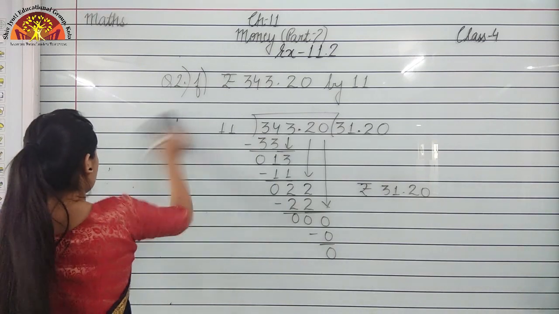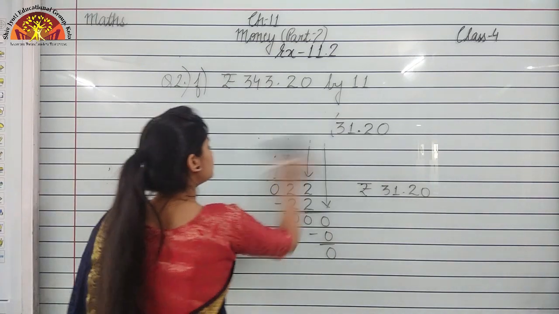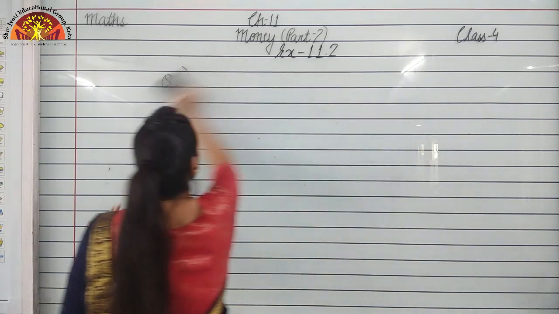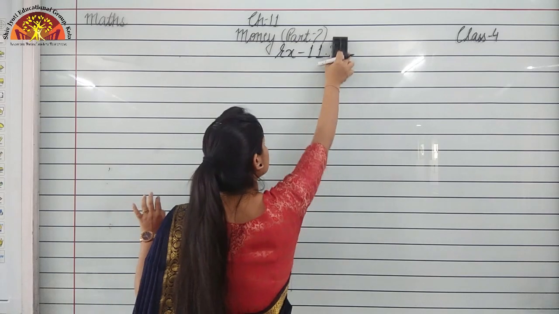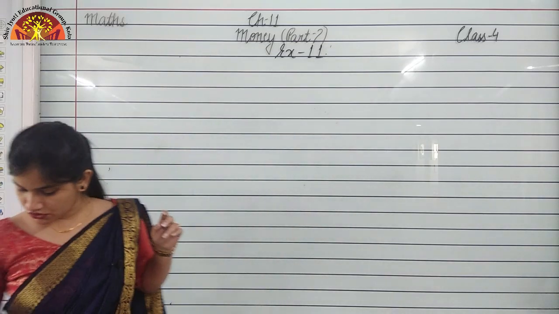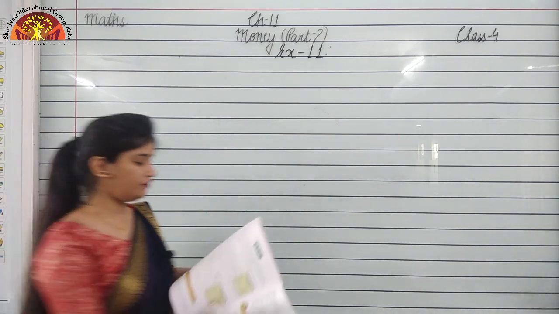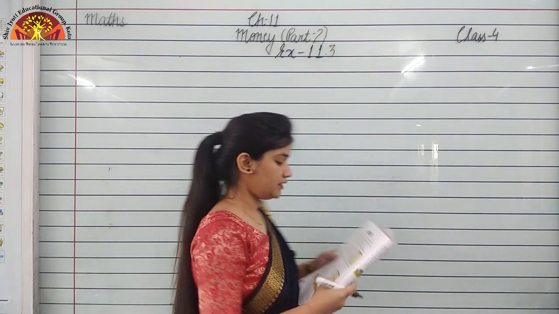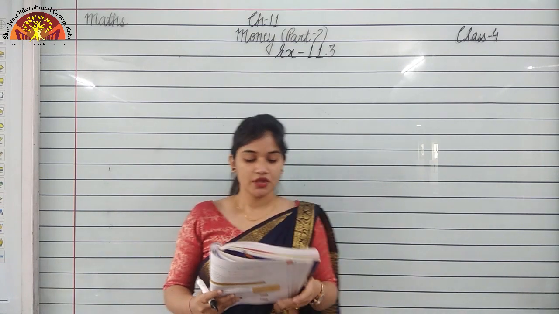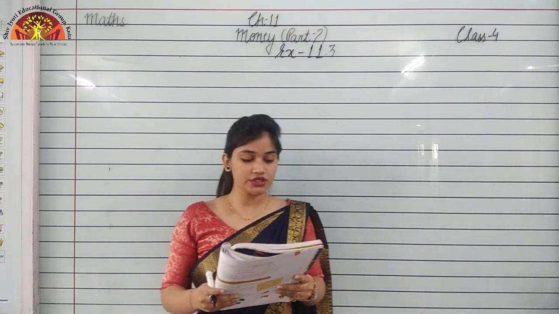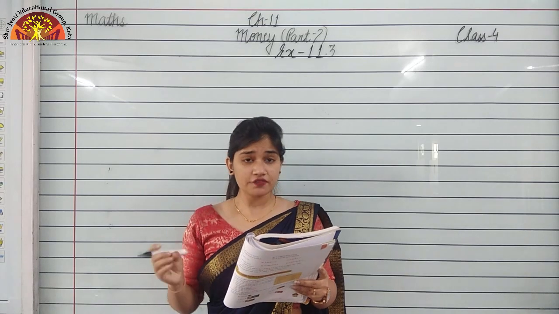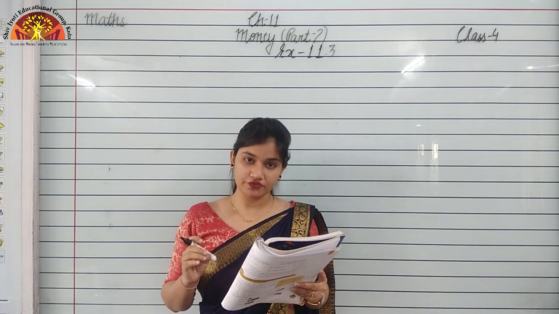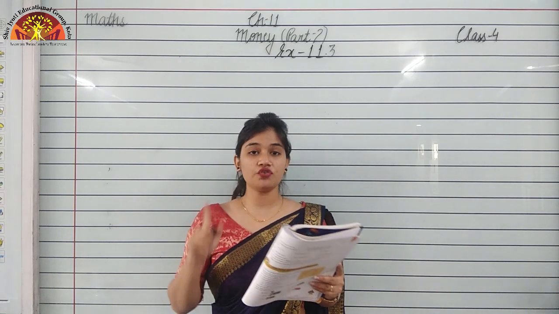So now after multiplication and division, now we will see word problems of this chapter. Exercise 11.3. So students, open page number 152 in your book. Exercise 11.3. Okay. So now students, we are taking question number 3, and question number 3 is, if 6 ice creams cost rupees 196.50, what is the cost of one ice cream?